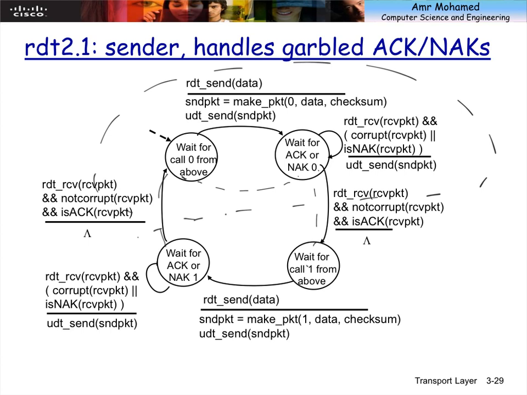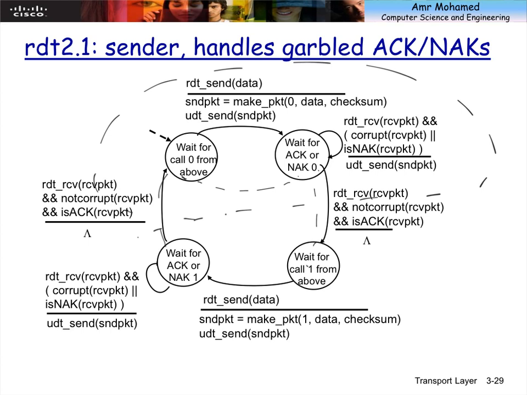You mean that if we have acknowledgement of 0 and we have it 0, we go to 1? Yes. So these are the only 2 possibilities. This is the way to handle it if the acknowledgement or negative acknowledgement from the receiver is corrupted. So we do need sequence numbers.